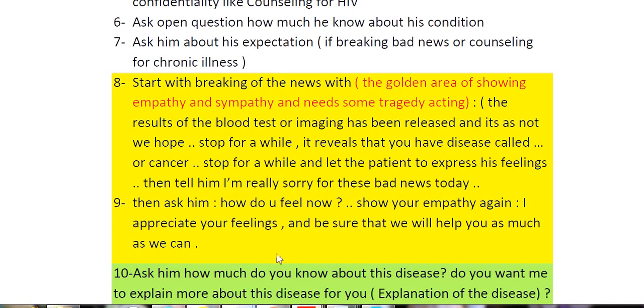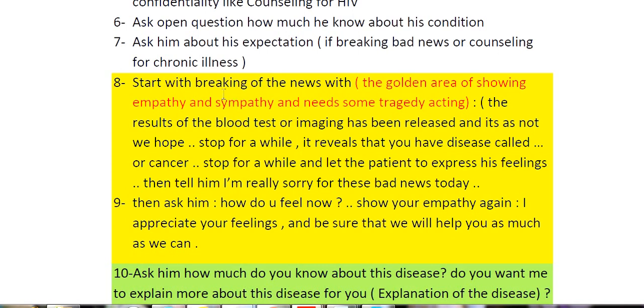I name it the tragedy acting area, or the area of breaking the news with tragedy acting, showing the empathy and sympathy for the patient. So now